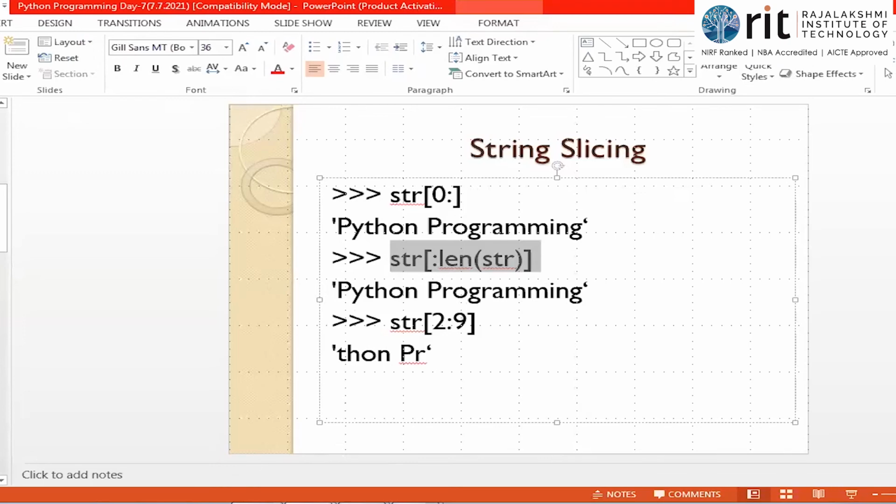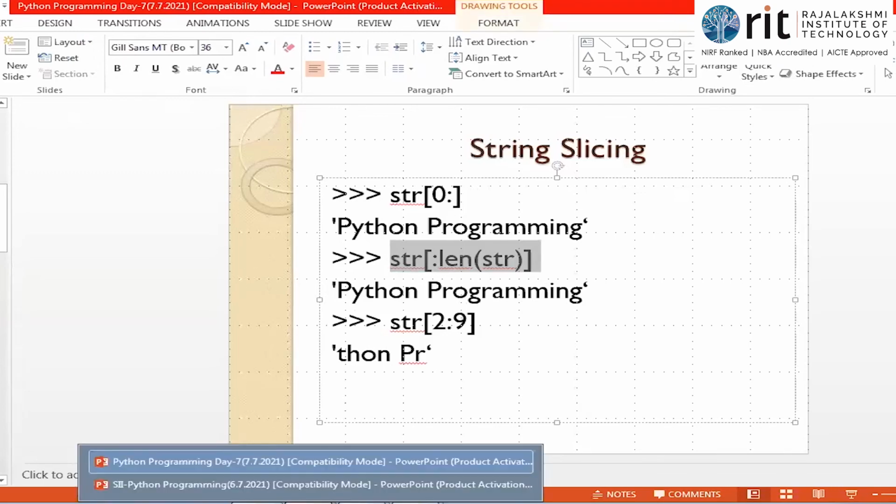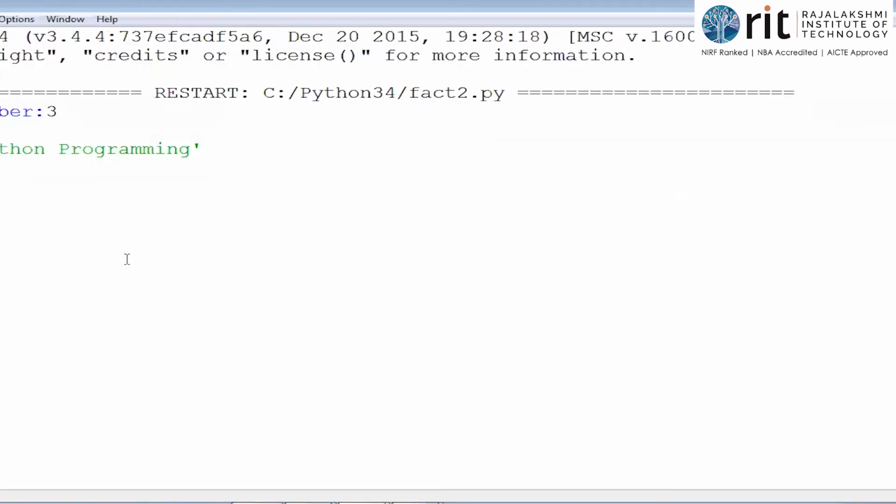You wanted me to explain this, isn't it? I already said that len gives 18 characters. From P to G, you can count if you like. This white space is also one character, so it is totally 18 characters. So str of, look, str is there. str[0:len of str] means str[0:18].